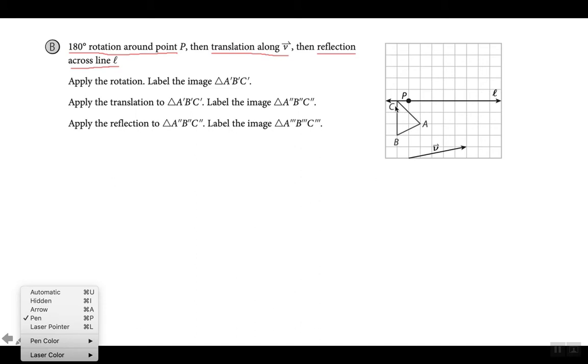All right, so let me point out something. Please make sure you're paying attention to this. When you look at this picture, we do not have a y-axis here. All we have is this x-axis, or this line L. It's not even the x-axis, it's line L. So we do not have an x or a y-axis. However, one way I could do the 180-degree rotation and make sure I get it right is I can pretend